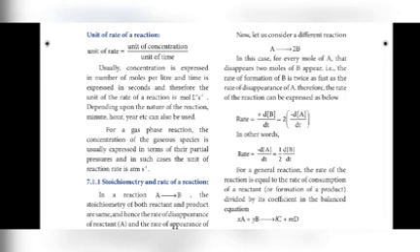For gas phase reactions, concentration is not expressed in moles per liter. Only solutions are expressed in moles per liter. For gas, it is usually expressed in terms of atmospheric pressure. So instead of moles per liter, you should use atmospheric pressure, atm, divided by the time unit, second. So atmosphere per second.